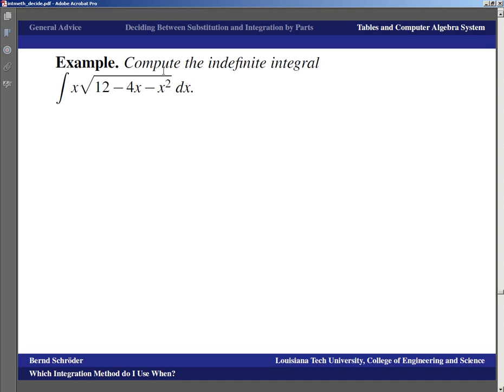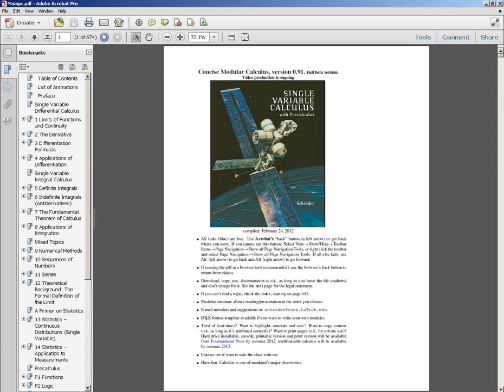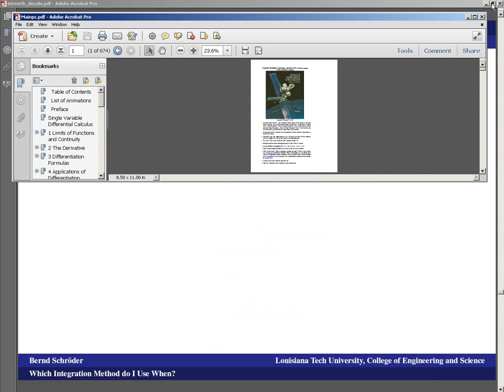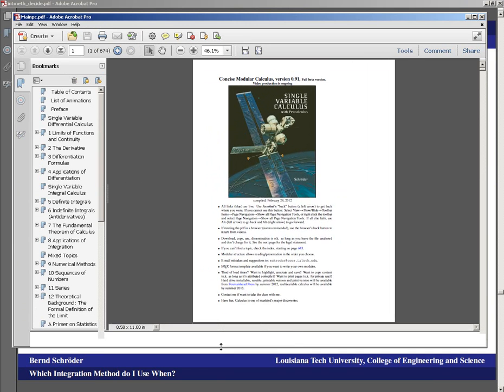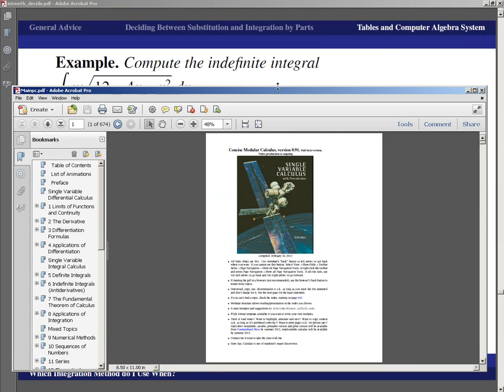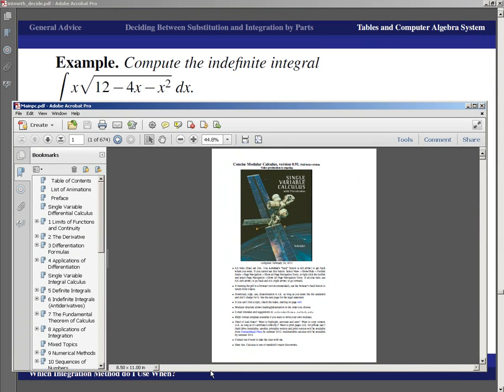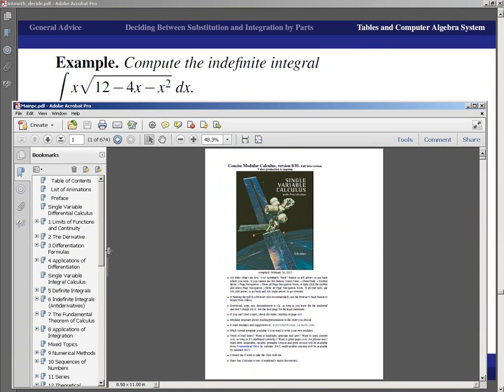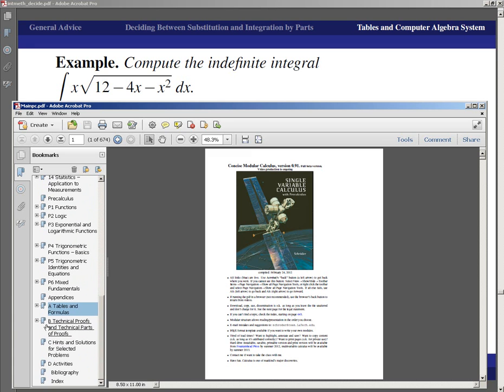Well, let's look at trying to compute the indefinite integral of x square root of 12 minus 4x minus x squared. Now that is horrible, and if we want to compute it directly, it would probably be a rather epic trigonometric substitution. How do you use a table? Well, you first of all open up the table, and then you make sure that you can still read what you're interested in, which is this thing up here. Well, okay, so now we go to the integral table,